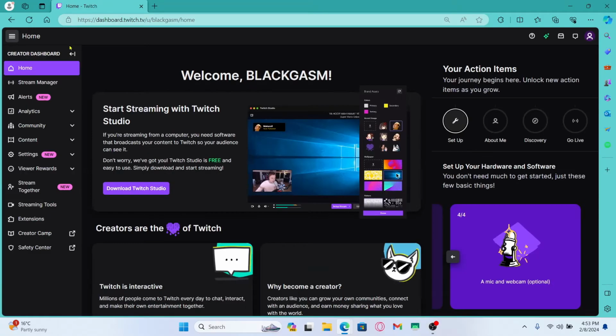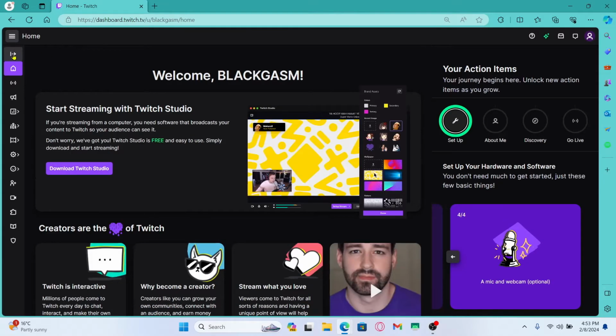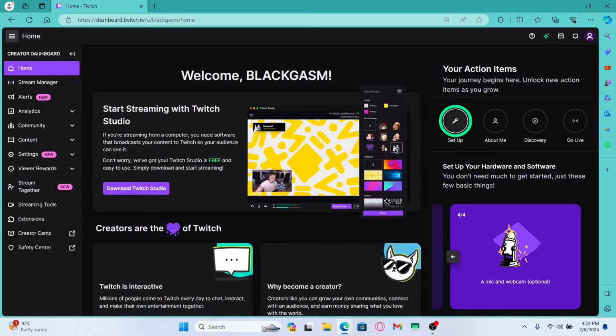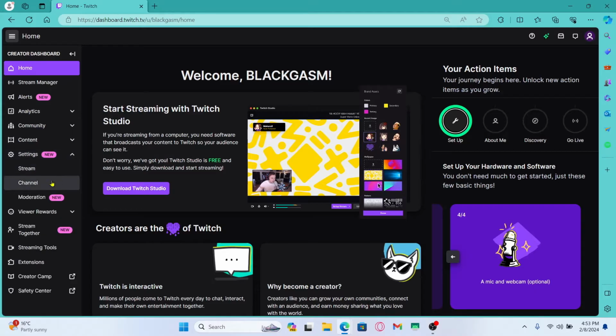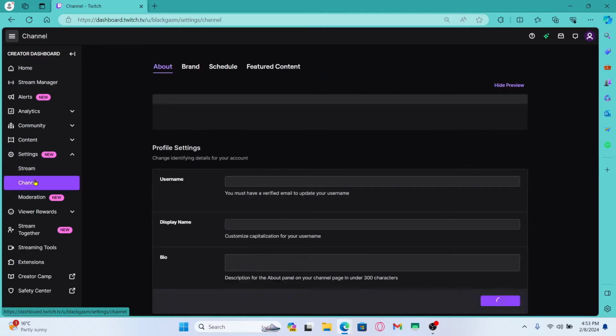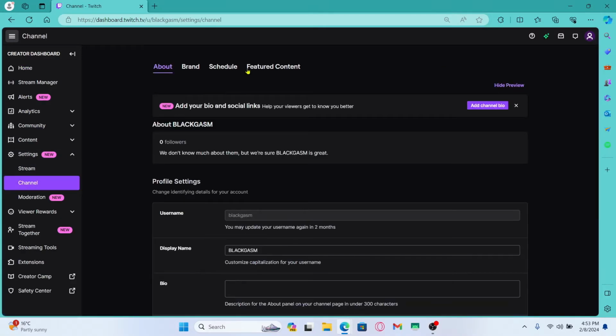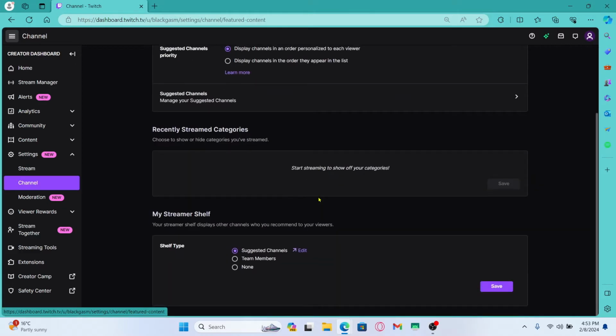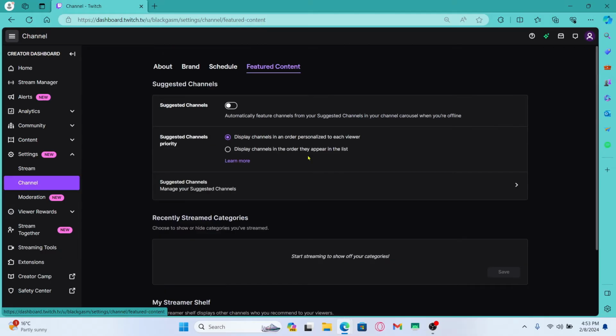Now, from the Creator Dashboard page, expand the dashboard menu underneath the Home button at the top left and then click on Settings. From the Settings page, tap on Channel, and now within your channel settings page, you will find Featured Content. Go ahead and tap on this, and now within this page, you will find invites that you have